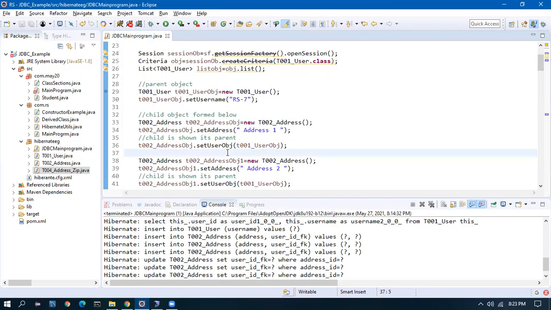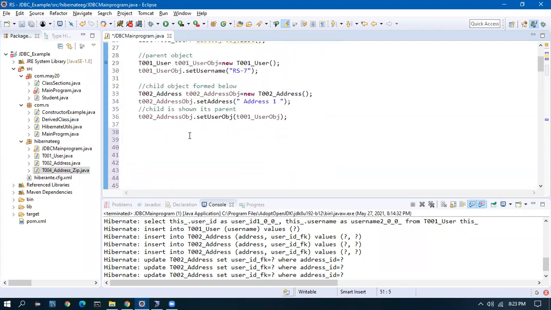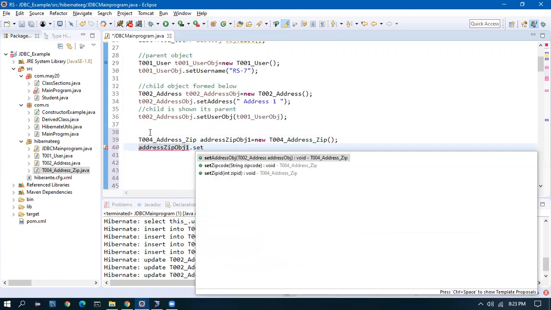After I form the address object, I have to form a child for the address object. The child for the address object is T004 address zip. Object 1 equals new T004 address zip. Object 1 dot set zip code.